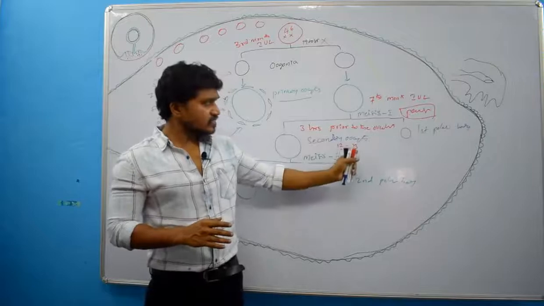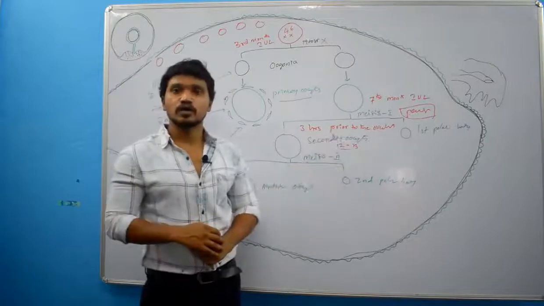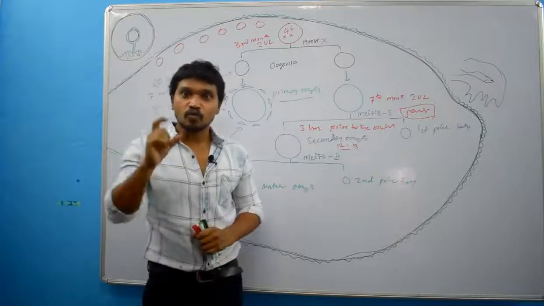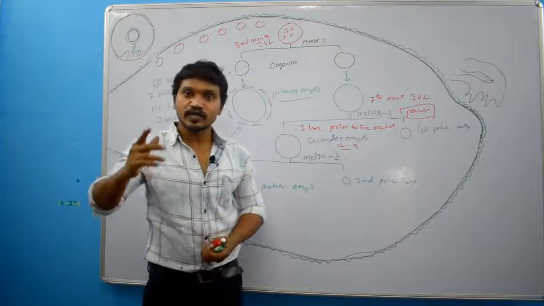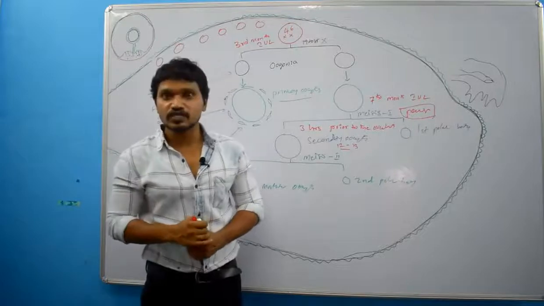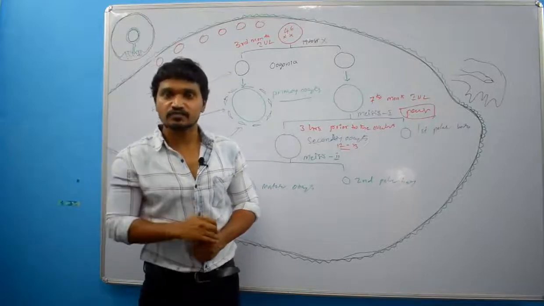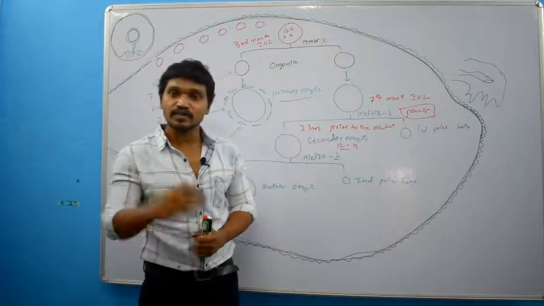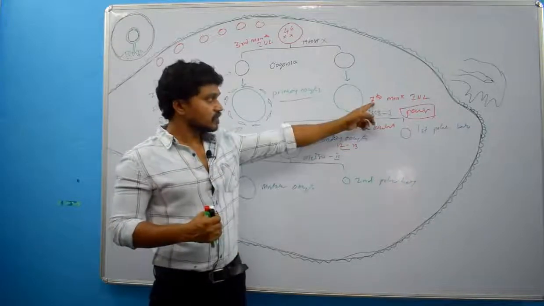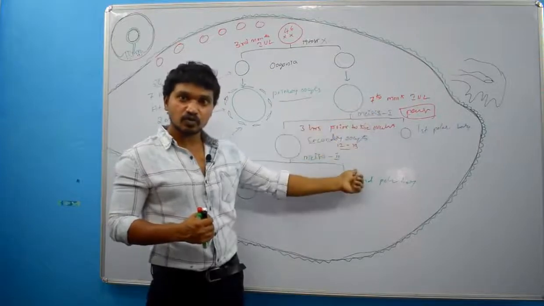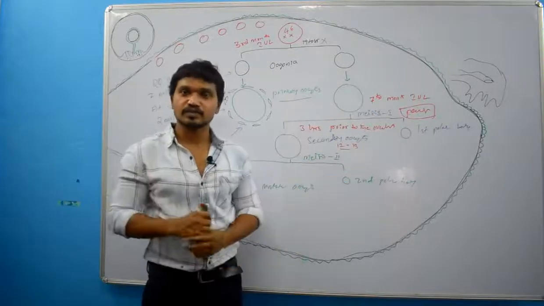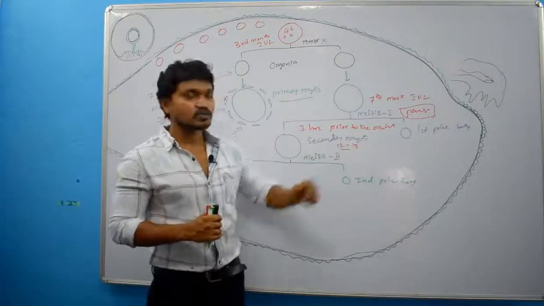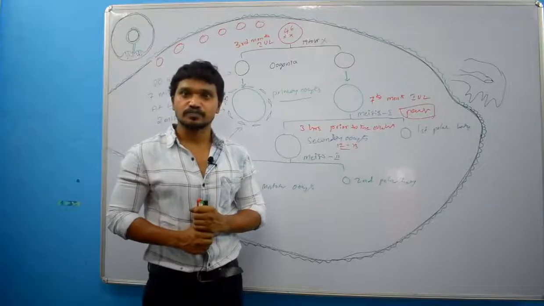And this is in the case of the first primary oocyte to mature. Imagine one primary oocyte ovulated at 45 years of age or 50 years of age. At that time, what is the time gap? From the 7th month of intrauterine life to 50 years. So around 50 years of duration, meiosis will be in the paused position. Very simple.